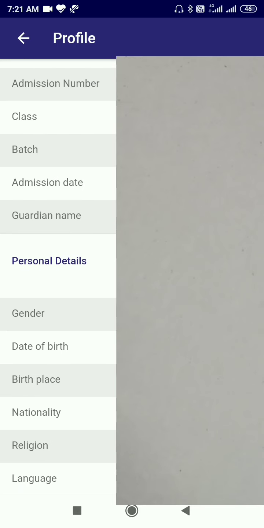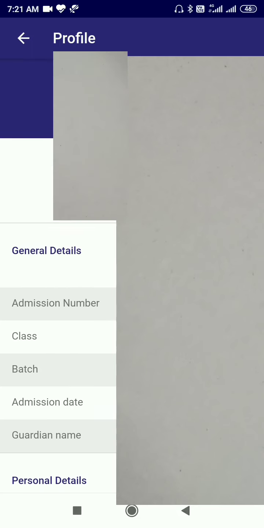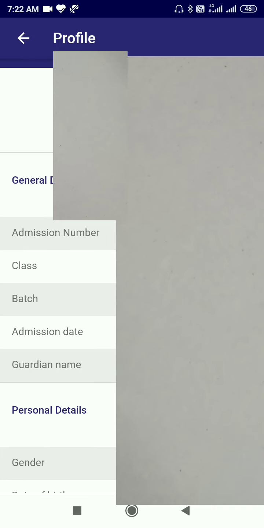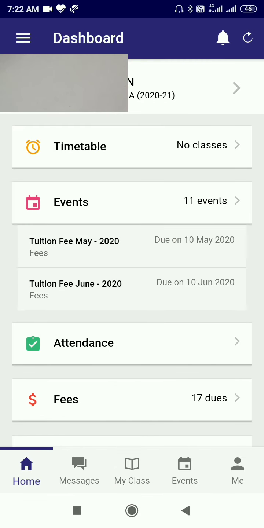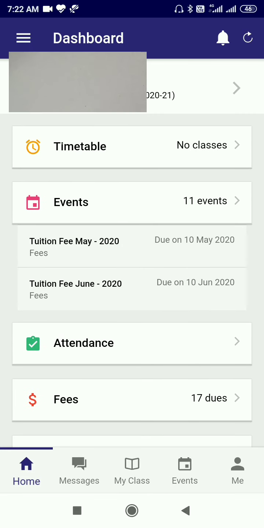If there is any mistake and you think there should be some change in it, you can very well call the school. We have already seen the number and the email ID is given. You can call the school and register your query. Now here you see there are some options given.